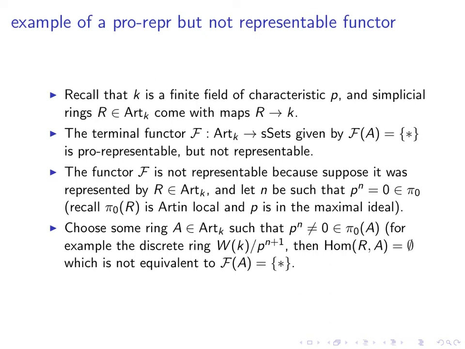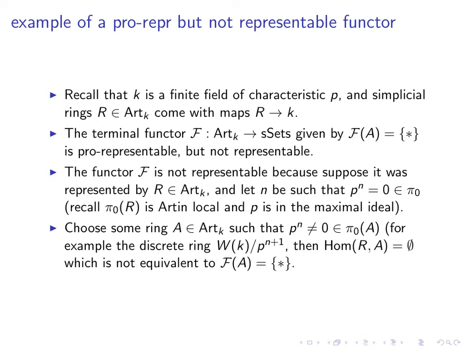Here's an example of a pro-representable functor that's not representable. So recall that K is a field. Here we're going to need that K is a finite field, and so let P be its characteristic, and then again elements of R over K are rings R with maps to K. Okay, then this terminal functor we claim is pro-representable but not representable, and it's not representable because suppose it was